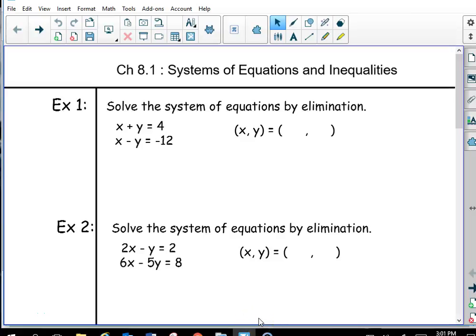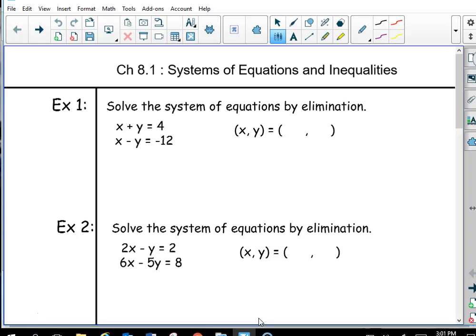Okay, we're into systems of equations and inequalities in Chapter 8. And I'm going to start out with an easy-to-solve system of equations. And all of these can be solved by elimination. So I'm not sure why they state that. There's also substitution. But elimination, if you have to learn one way of solving, is the way to go, because